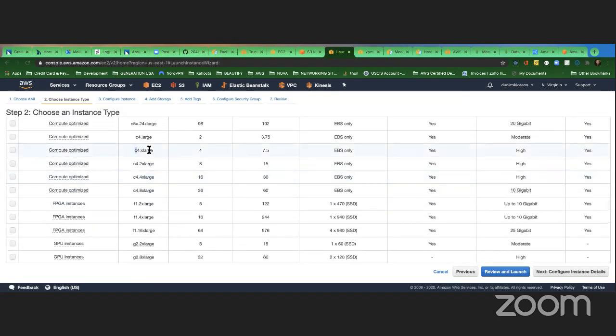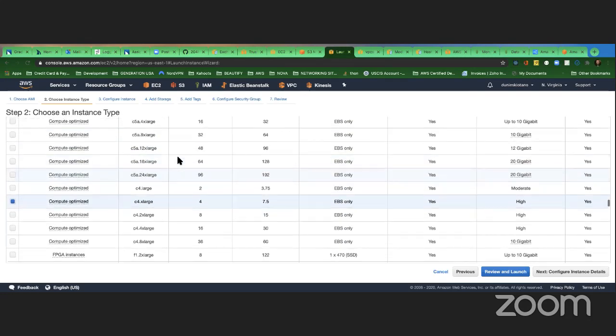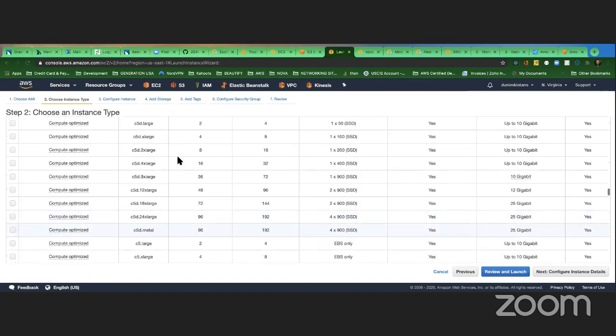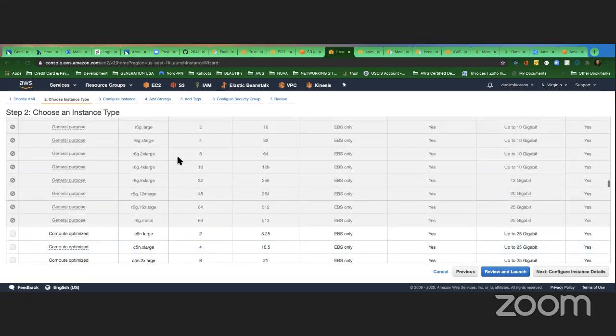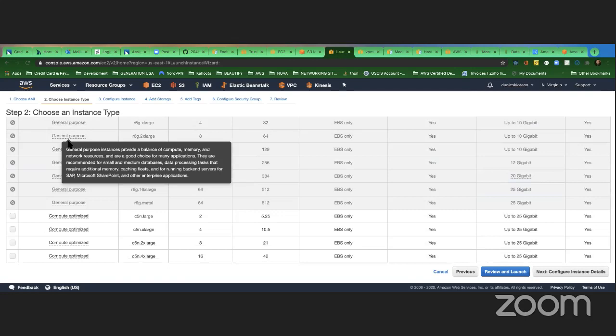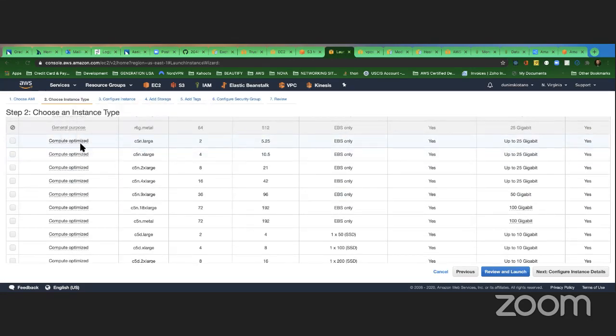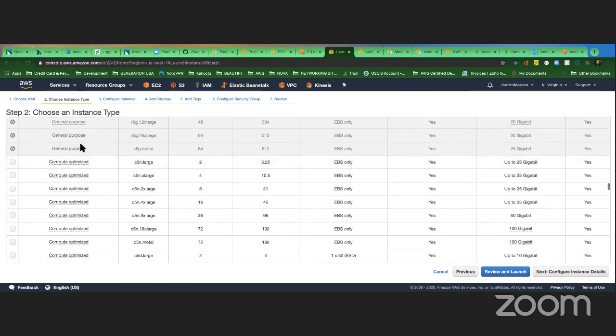C4 extra right here. You see? So the general purpose one, it's cheaper than the compute optimized ones. Okay, so